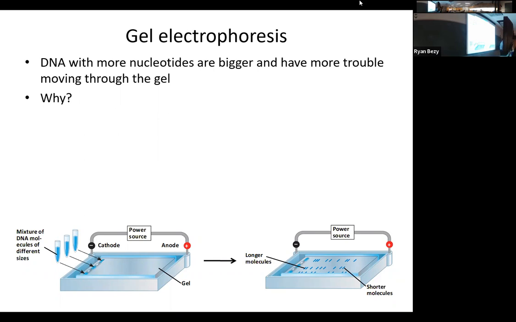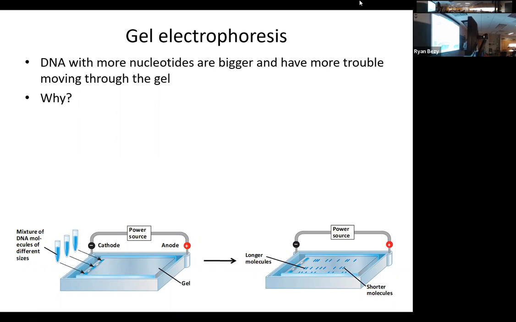Why would bigger DNA molecules have more trouble moving through a gel? It's not a trick question. It's actually one of the easiest things I'm going to ask you probably this semester. The bigger it is, the harder it is to move. And because it's doing what? If we're trying to move through a very thick viscous gel, a bigger DNA molecule gets caught up and hits the particles within the gel. The bigger the DNA molecule, the more it's